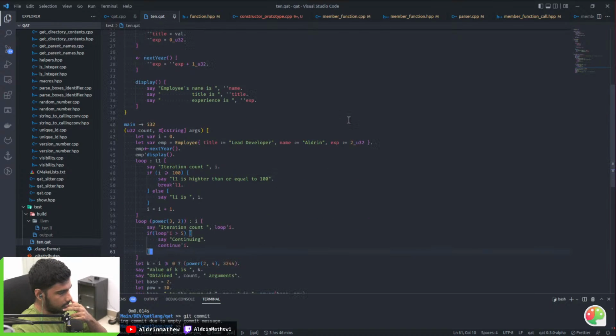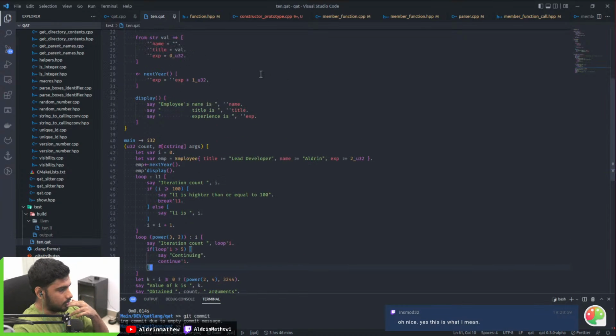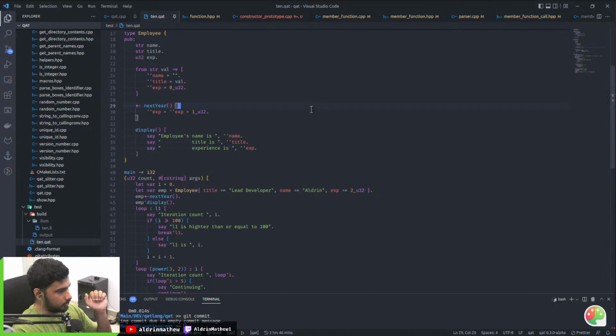I'm also planning on another language that's a bit more high level, that is similar to this language, but it's not a systems language. It's mostly similar to JavaScript or Python. It's a language that you can use very easily. But that's a distant project. That's not in progress as of now. So this is intended to be a systems language.